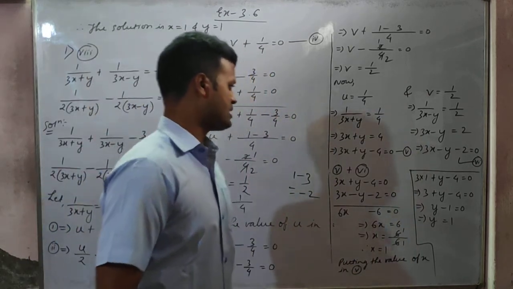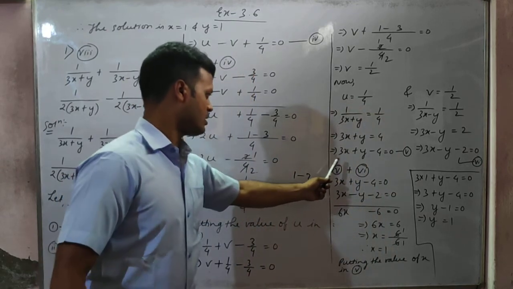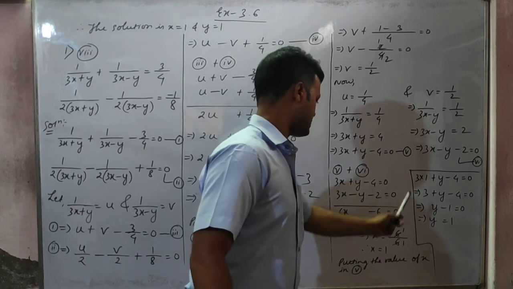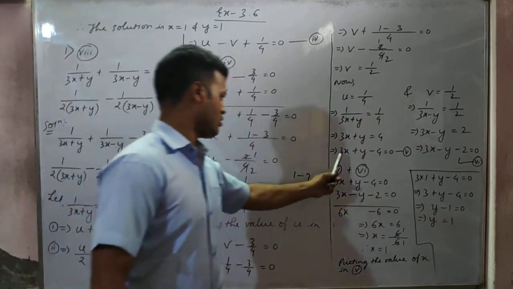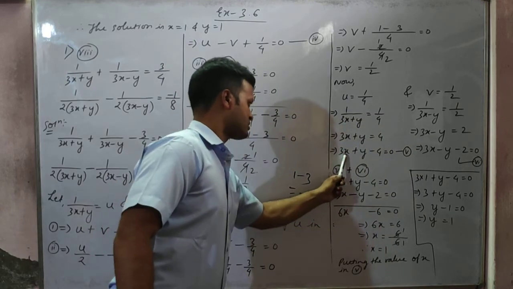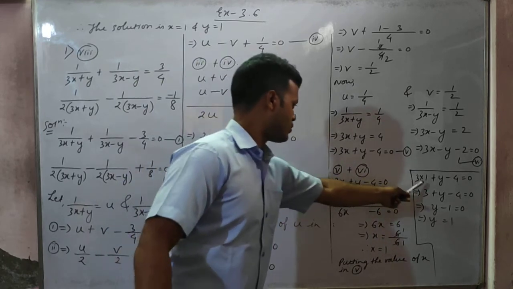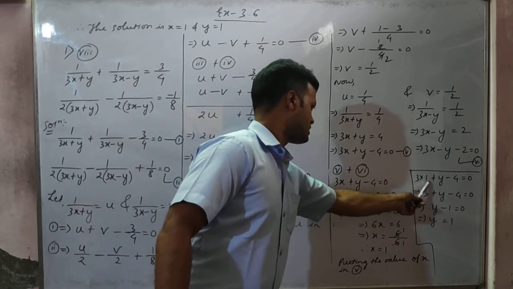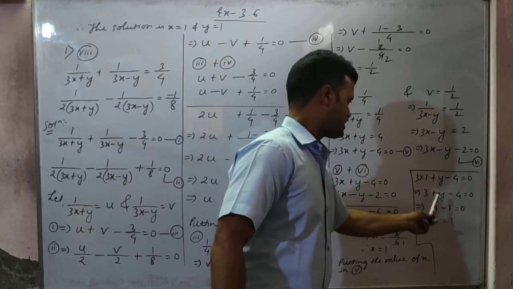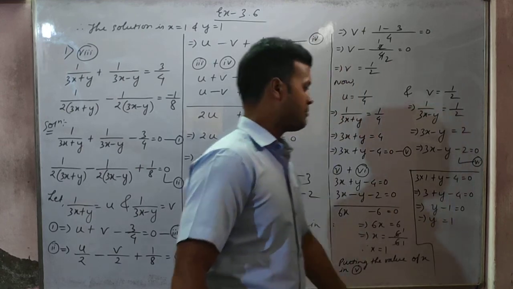Putting the value of x in equation 5. In equation 5 you just put the value of x. Here x is there, no? In place of x you just put the value of x. What is the value of x, students? 1. In place of this x you just put 1. So here you see 3x was there, no? 3x. So 3 into 1 it became plus y minus 4. 3 into 1 is 3. And so 3 minus 4, students. 3 minus 4 will become minus 1. Minus 1 you take to the right hand side, it will become plus 1.